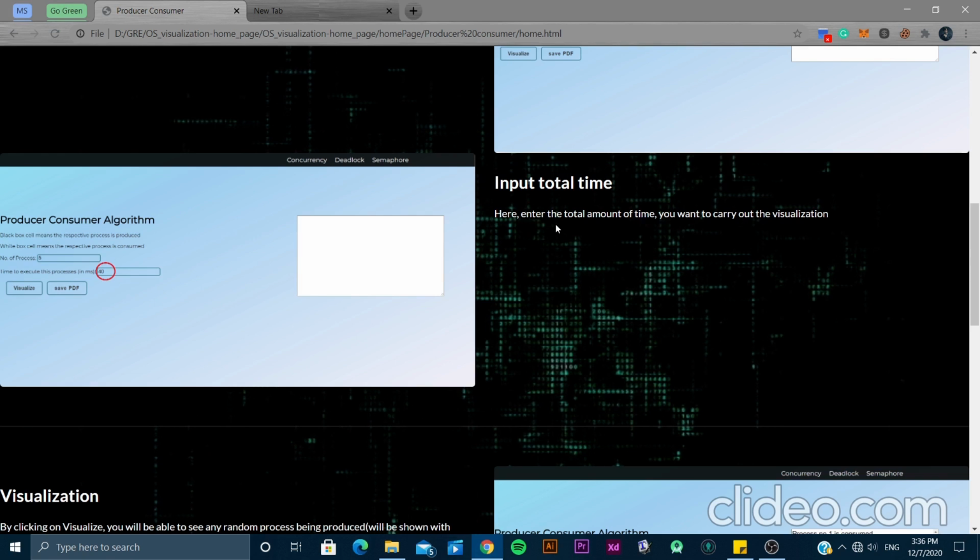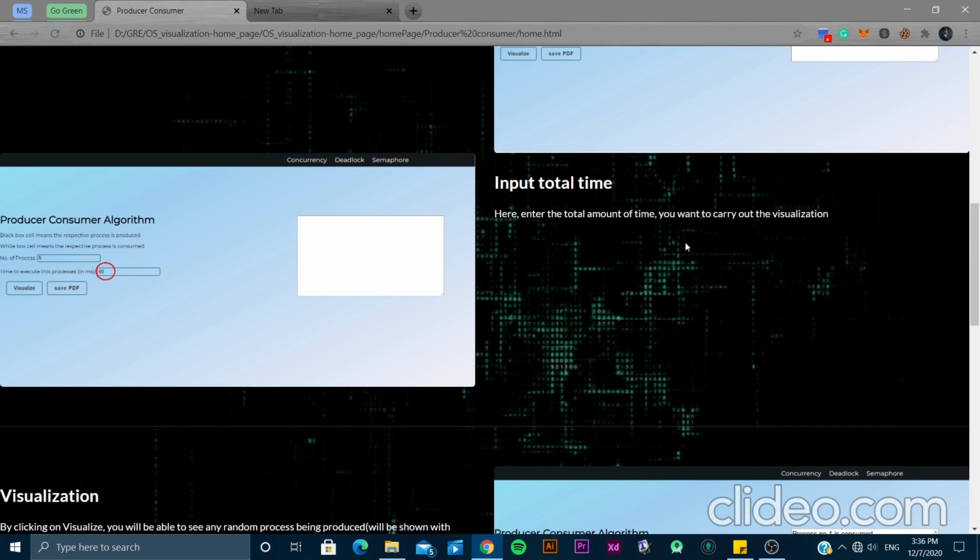Here, note that it might happen that after a certain point of time, a process that is already consumed might be produced again. You see, many times in a computer, it might happen that a process is invoked again and that it needs to be executed with some kind of priority first.